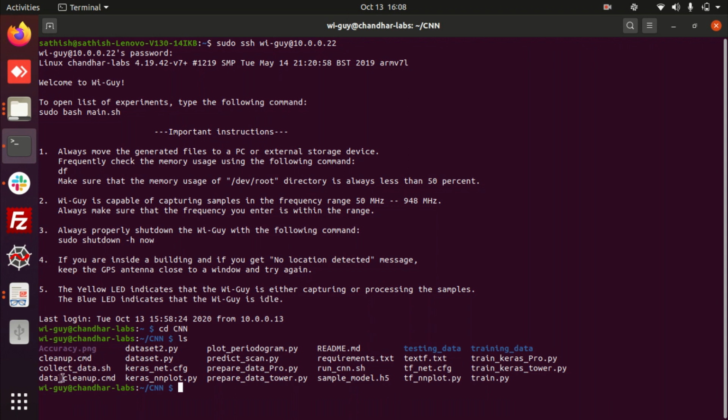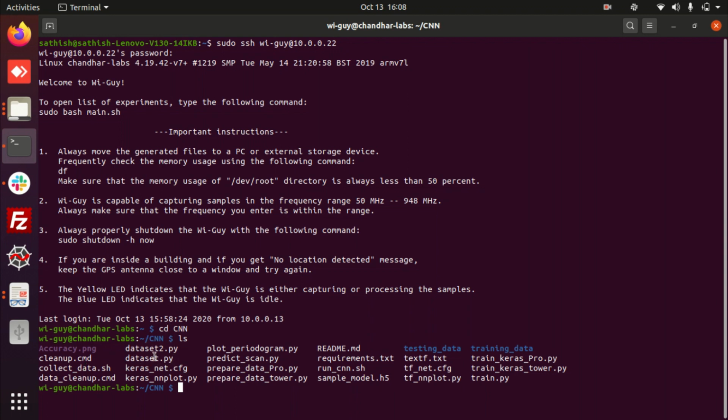And cleanup and data_cleanup.sim are the files related to cleaning up the files. If you are a Windows user, then you need these commands. Since I'm a Linux user, I have no need of these commands. collect_data is a shell file. It is used to collect the data.